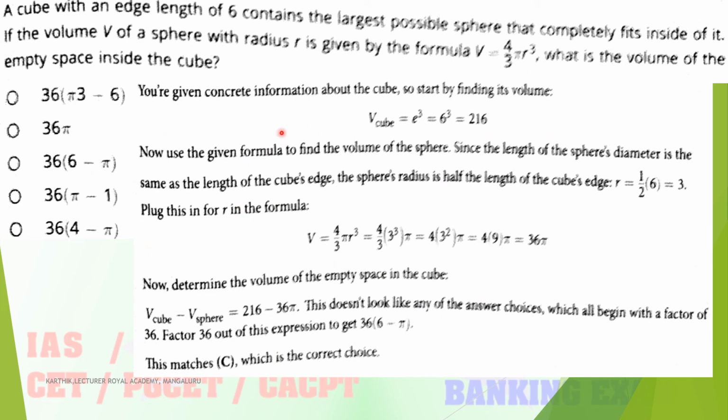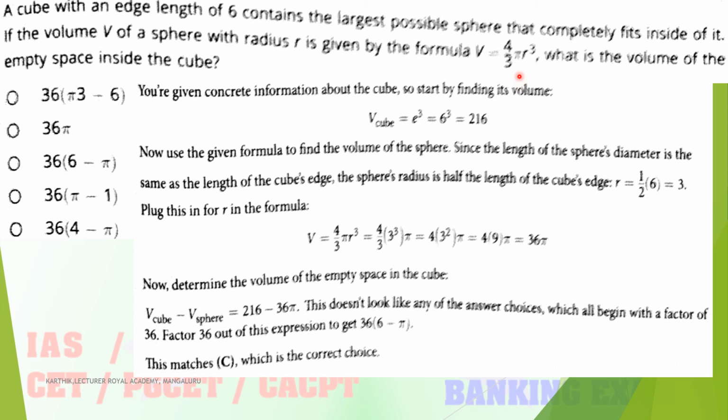So first find out the cube's volume. That is nothing but a cube, or the cube of the side. Why? Because all sides are equal. So volume of the cube, all sides are equal, so just the cube. Side is nothing but a, a cube. Side is how much is given? 6. Length is 6. So a cube is how much? 216. Then you just find out the volume of the sphere. What is the formula? 4 divided by 3 into pi r cube.